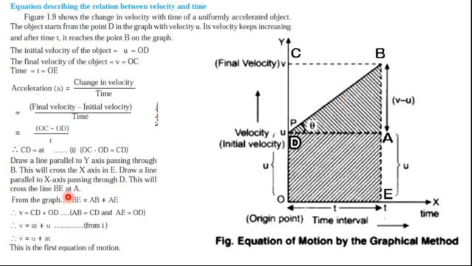Now from the graph, BE is equal to AB plus AE, or you can say BA plus AE. So this is the equation. Now you can put the value, as you know the value of this area V minus U. So now you can see here, V is equal to CD minus OD. It gives in equation AB is equal to CD.